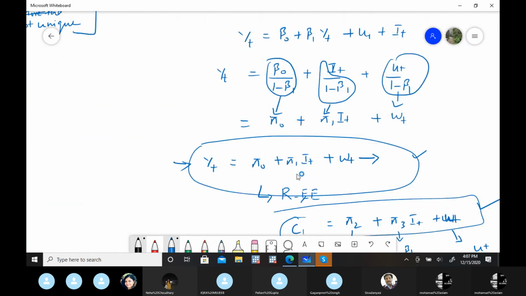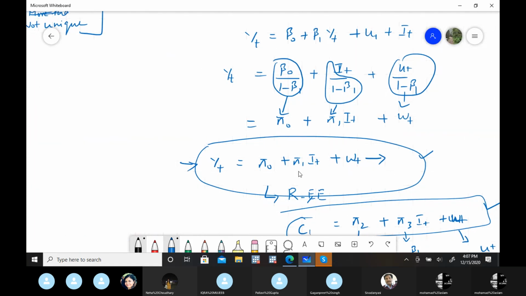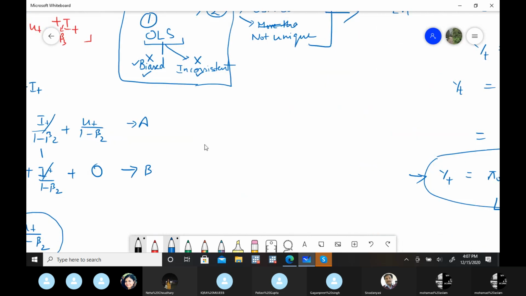Reduced form is that where only predetermined variables are there in the independent variables. तो यहाँ पे कोई endogenous variable नहीं है. There is not a single endogenous variable in the equation in the reduced form. So मैं इस पे भी रिग्रेशन रन कर सकता हूँ, राइट? मतलब I can run either from this equation or this equation, any of the ways I can do it. और मैं यहाँ भी कर सकता हूँ.